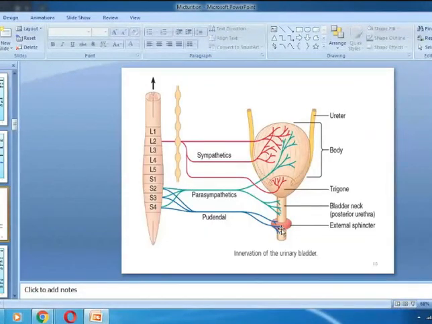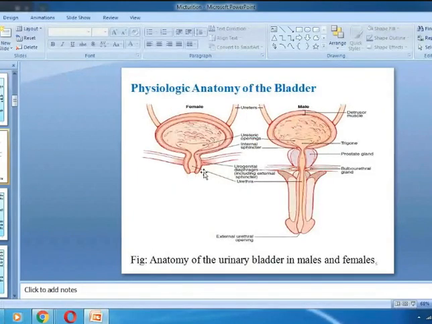So here you can see it is just a schematic diagram. This is the external sphincter, and the internal sphincter will be inside the urinary bladder. Here you will be getting the external sphincter, and inside, this is the internal sphincter.